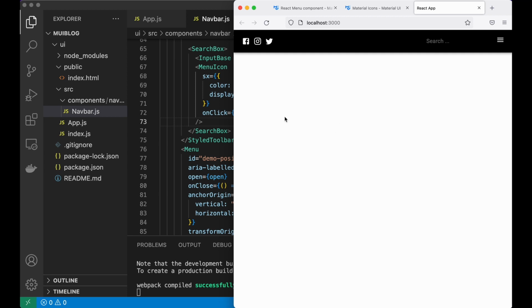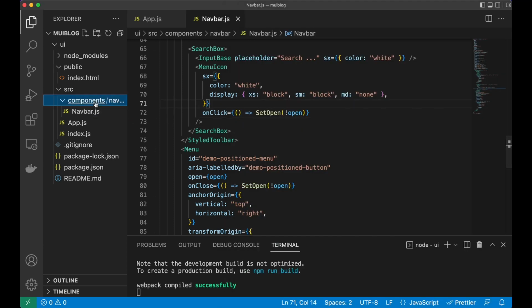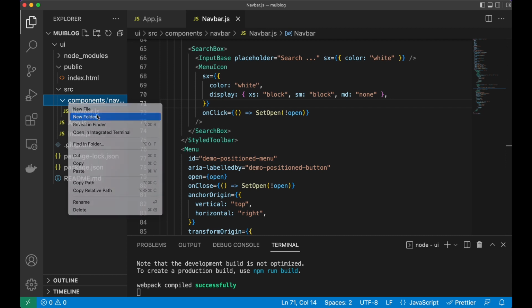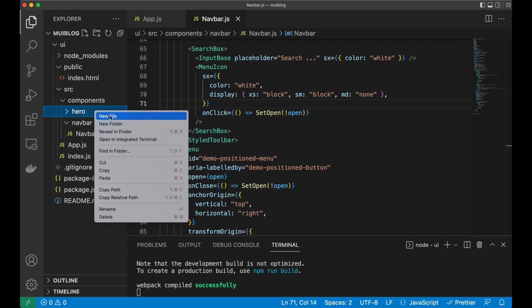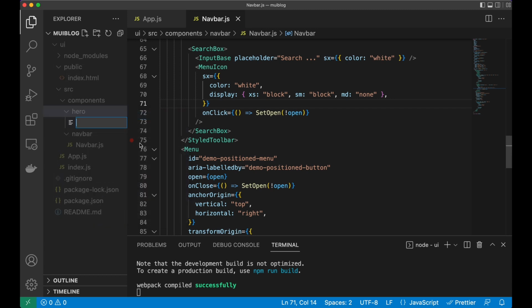Now let's take care of the hero of this blog. So for this, I'll show here the name of the blog, and below this some information about this blog, and there will be another card where we will show some more information about this blog. So let's see how to do this. Now here I'll make another folder and call this hero, and inside this I'll make our component, so it will be